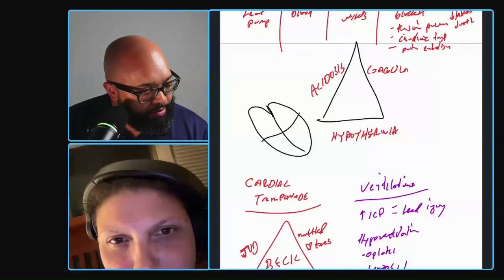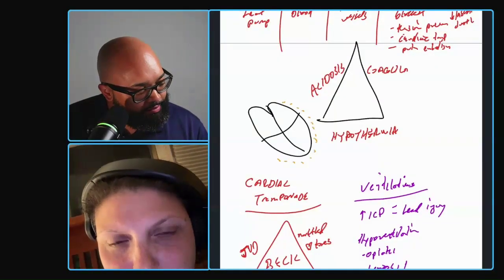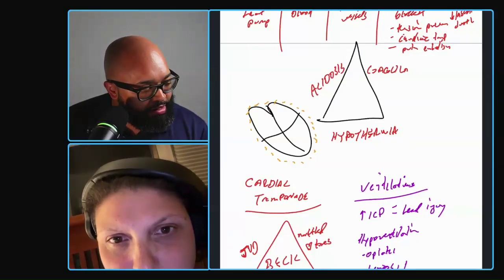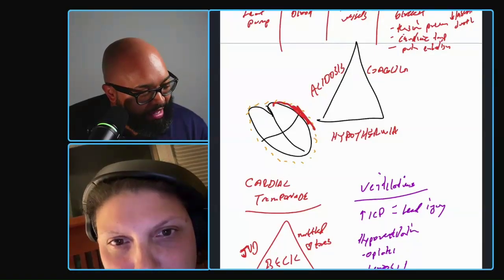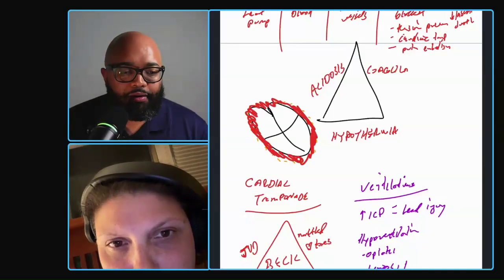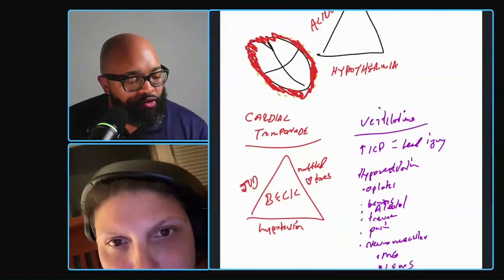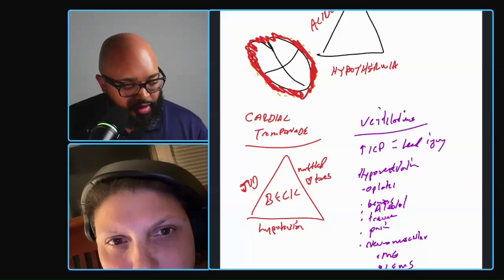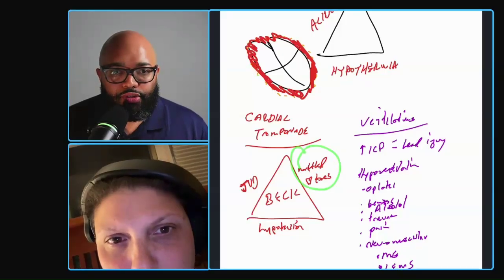Blood filling the cardiac sac. Okay. So out here in the pericardial sac, blood is supposed to be inside the heart, but instead that blood says, I'm leaking, and now I'm going to get outside of the heart in the pericardial sac. So let's put a whole bunch of blood out here. Now, when you put a whole bunch of blood out here, and I'm listening over their chest, and I'm listening through blood instead of air, it's going to make those sounds really muffled. Make sense? Okay, that makes sense.